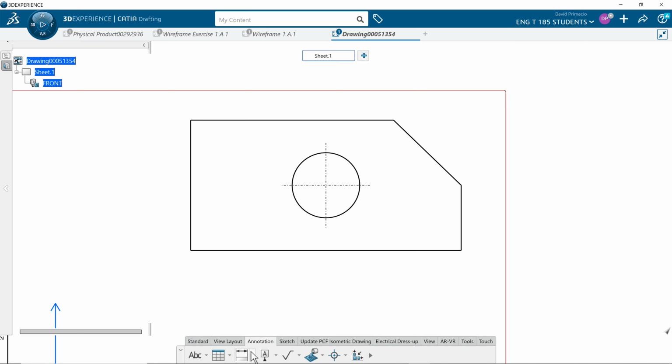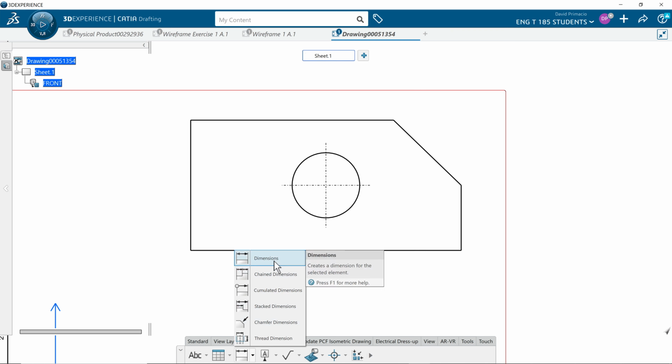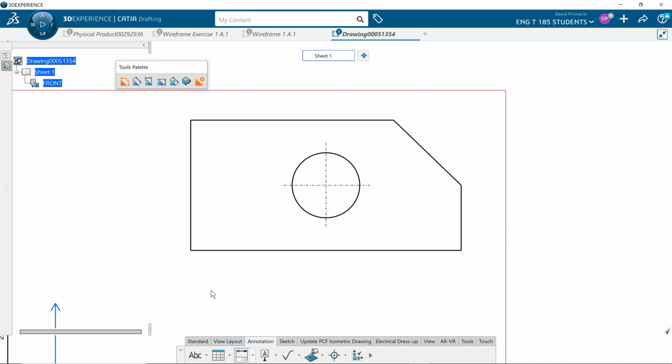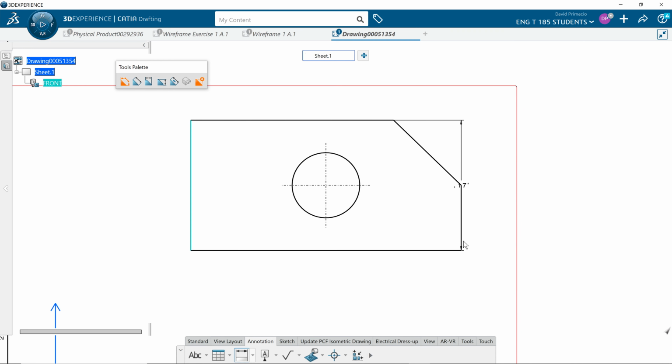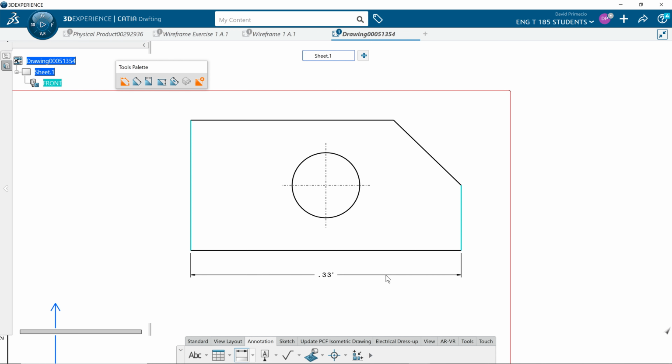Under Annotate, we're going to use the same feature. Dimension, we'll do length, offset, and F1 will help give you further description. Simply grab two parallel lines. Make sure you grab towards the end and you grab the line itself, and it'll create an offset dimension that's